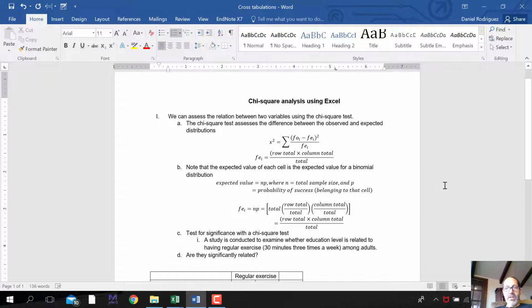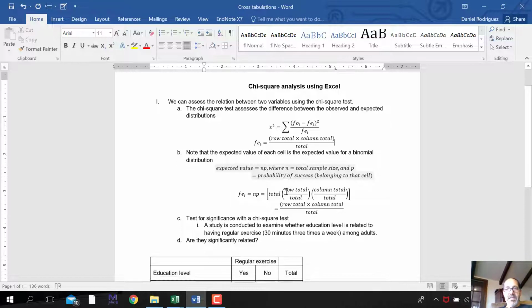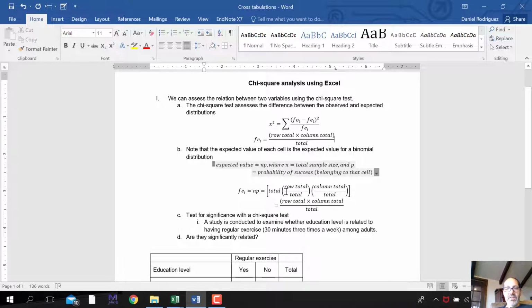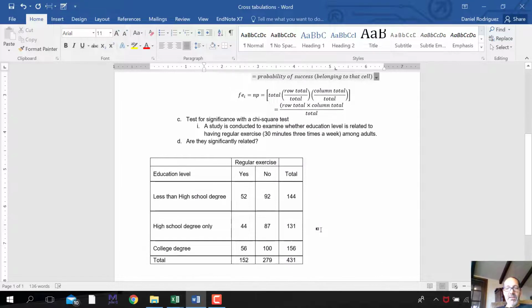To calculate the expected frequency, we use this equation. It's the row total, let me add that parenthesis there, the row total times the column total divided by the grand total. And if you're interested in where that comes from, the values in each of the cells, and here's an example, I'll discuss it in a moment,